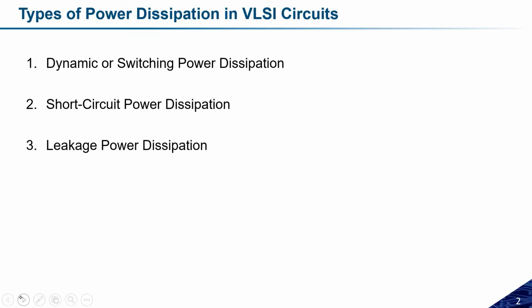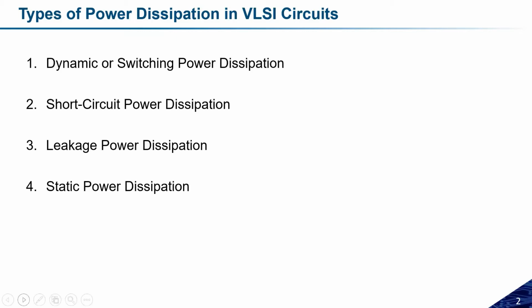The third kind of power dissipation is leakage power dissipation. Leakage power dissipation means that even if the device is in the off state, because we have scaled down the technology, some short channel effects come into the picture, and because of those short channel effects, the device can start flowing some current between the terminals. This kind of power dissipation we call leakage power dissipation. I will discuss all six short channel effects, and we will talk about leakage power dissipation in detail.